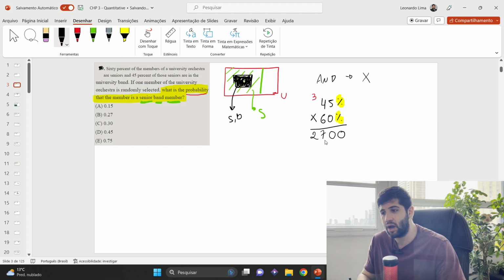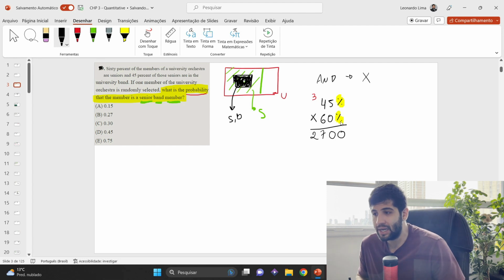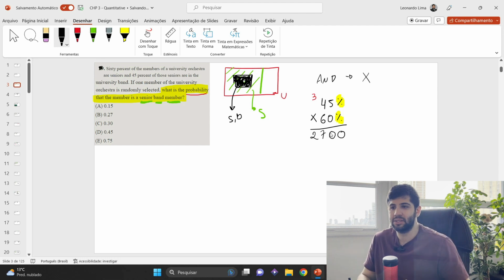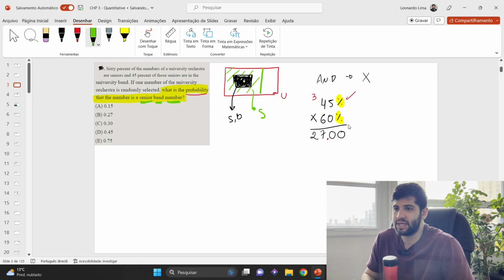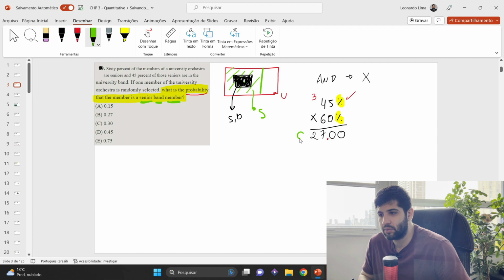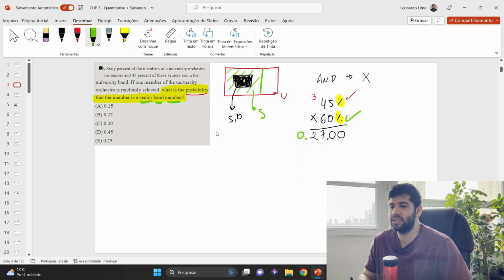Don't be afraid to do that. And here we have 2 percentages. We need to divide by 2 times 100. So the first one we are going to put here, and the second one we already did. For the second one, we still need to divide by 100. So we just need to put 0 here in the front, and we did that. So the final answer will be